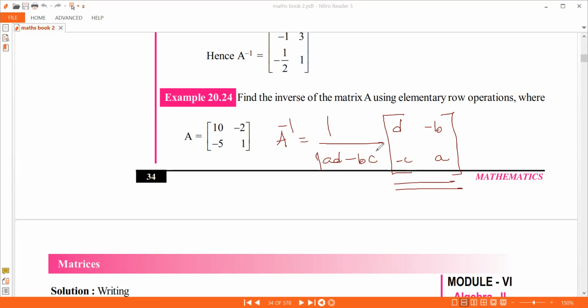First, you adapt to this procedure. Let the student get adapted to the procedure. I didn't teach you anything about what this matrix is, how the D will come, how the minus B will come, how the minus C will come. Just follow the formula and get the answer done first. Later, we'll go deep into that. First, use the thing, get yourself accustomed to that, and then later we'll see what it is. I need not teach the details first to use that.